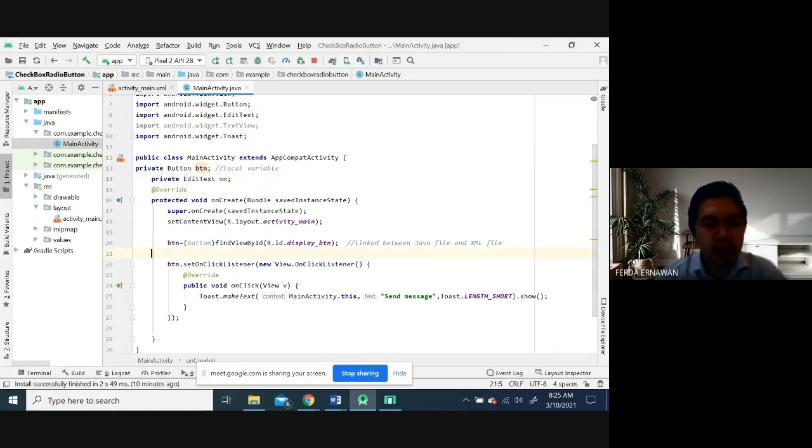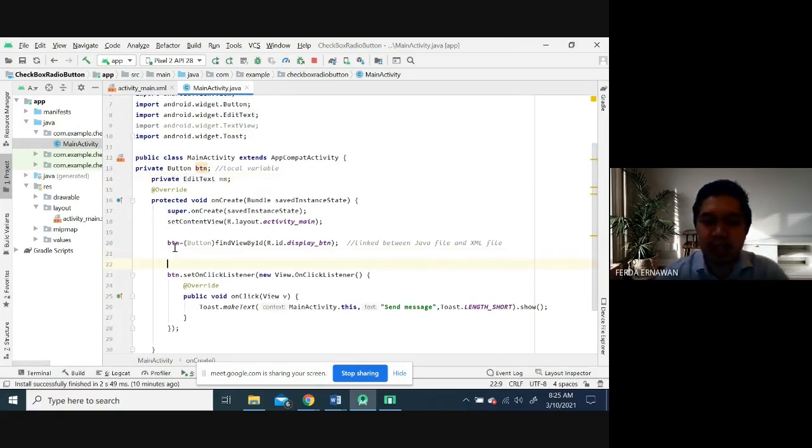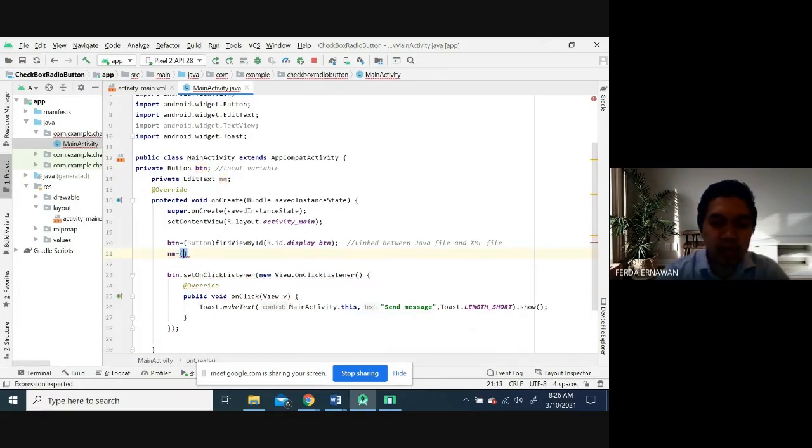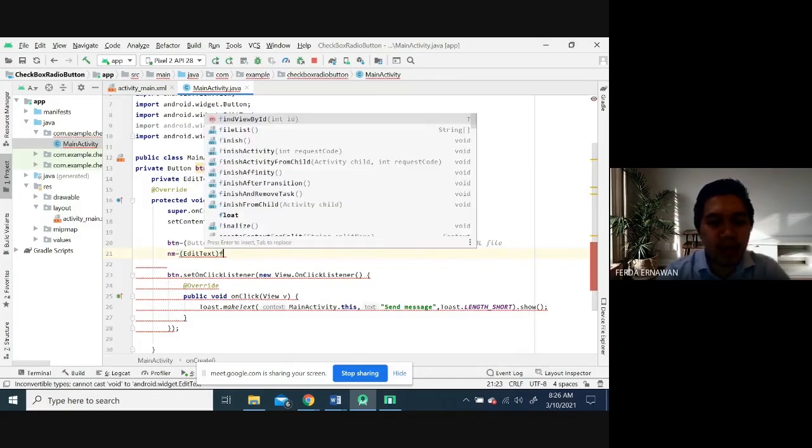Another one is, okay, help me again. Should I type here? Find view by ID. The variable nm equals, in brackets, edit text. Yes, now it's fine.